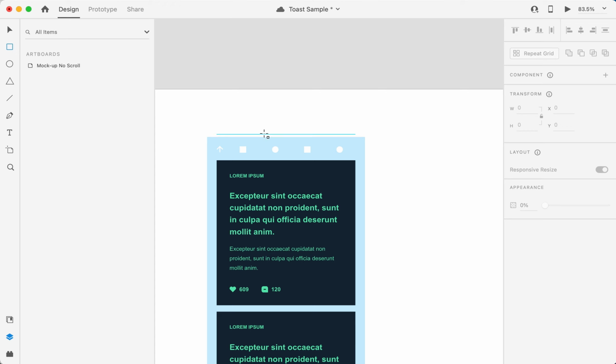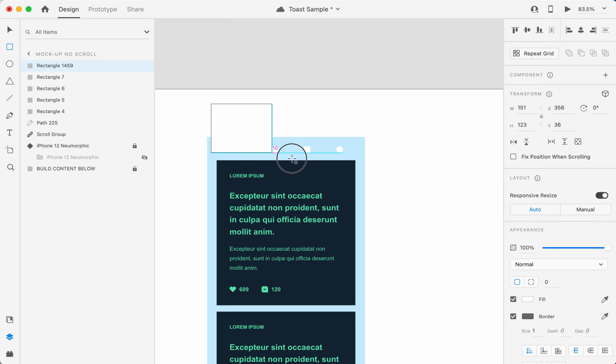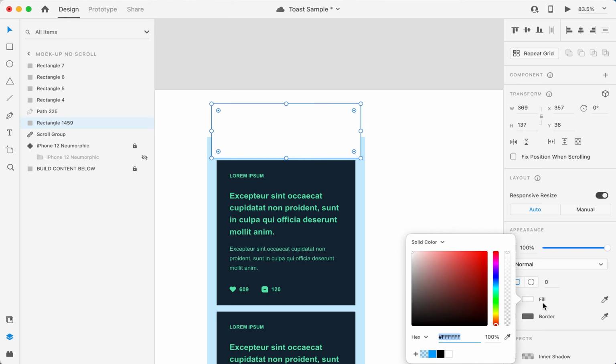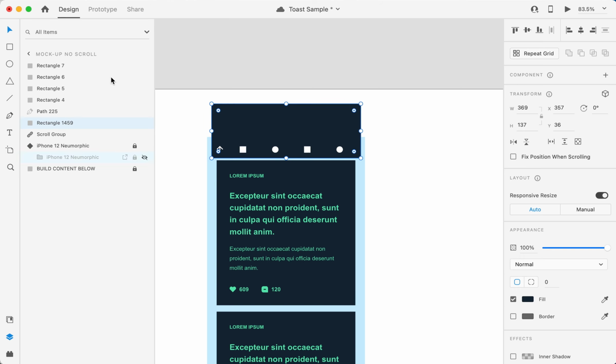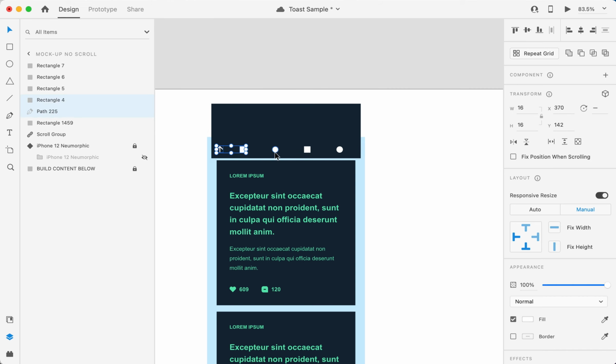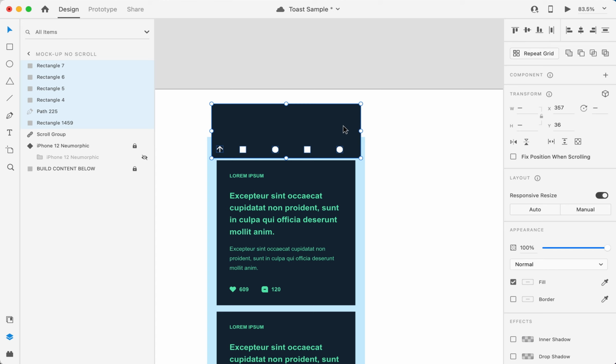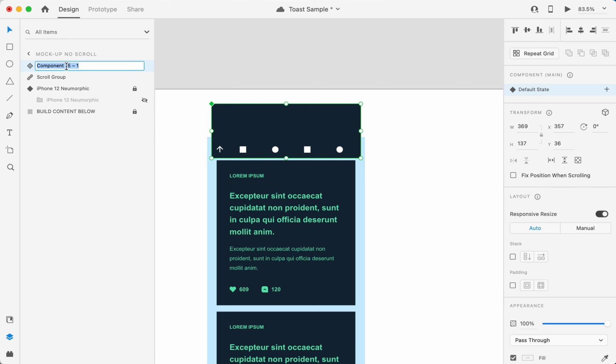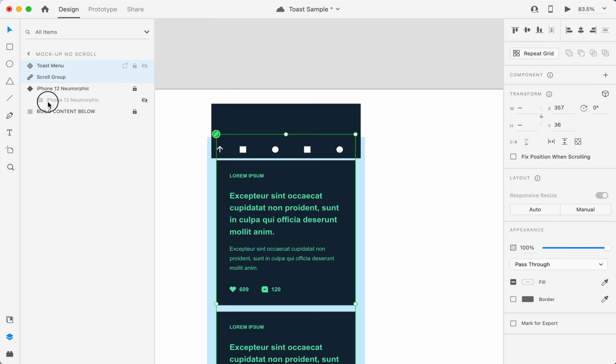And then we'll draw a rectangle to act as the toast menu background and center that, and then we'll want to move that to the bottom of the stack, and then we'll change some colors here. And then we'll want to grab all these items and create a component. And again, this will be our toast menu, and we'll name that just for efficiency, and then move that below